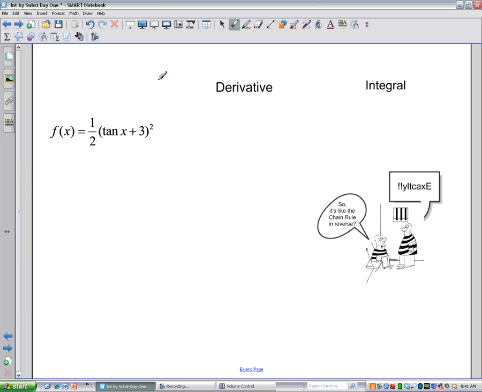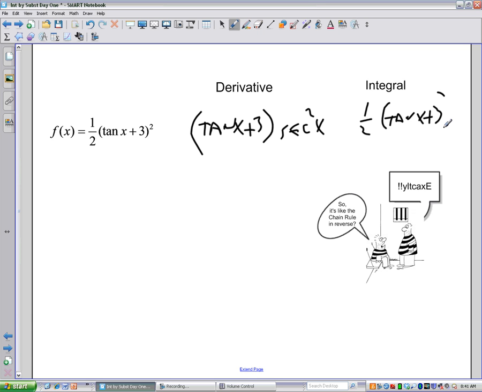If I start with something like this, okay, something half of whatever this is squared, so the derivative of something squared is 2 times something. So (tan x plus 3) to the 1st power, 2 times a half, drop the exponent down. I've got to have the derivative of tan x, so that's secant squared x. And so when I integrate this function, I end up with the original thing back. So 1/2 (tan x